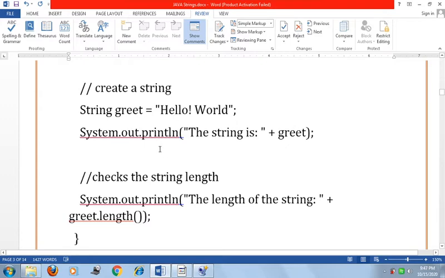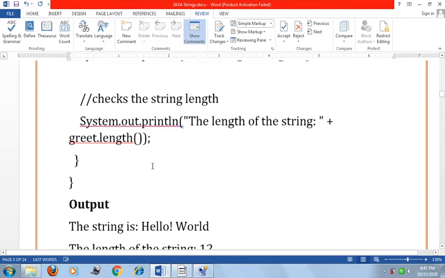Now we check the string length. How to check the string length? We call this method with the help of the variable dot method name: System.out.println, the length of the string in double quotation marks, plus greet.length(). This method is called when we require the length of the string.